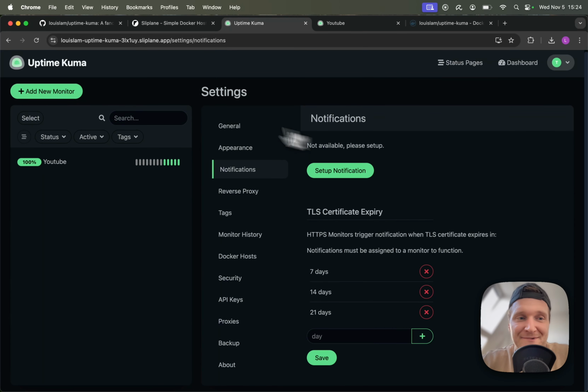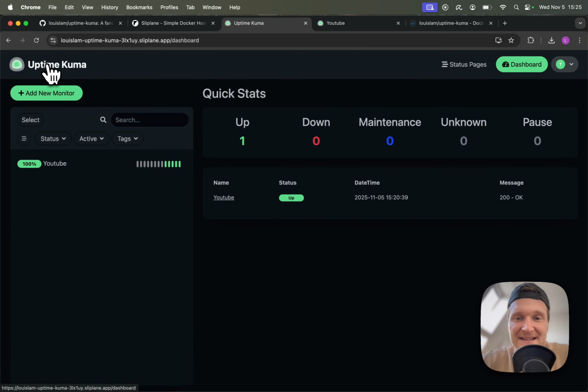So the tool is pretty easy to set up, and it's very powerful. You can set up a bunch of different monitors and generate beautiful status pages. So that's it for this